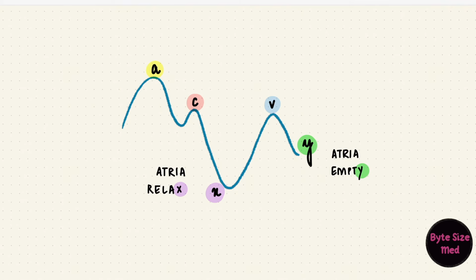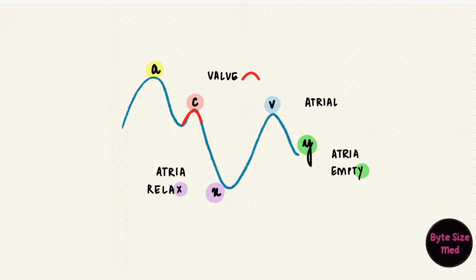Now, this X descent gets interrupted by the valve bulging back into the atrium. The shape looks like the C, and that's the C wave. Since it's split, sometimes this portion gets labeled X, and this is X prime. Then X prime would be when the valves get pulled back down. To simplify it a little, I'm going to remove the X prime. What's left? The A and the V.